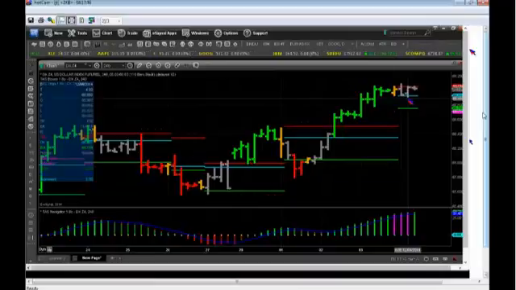So, for instance, if the profiles of the internals were showing negative breadth, then I might be interested in only buying this. If the profiles of the internals were showing positive breadth, that means the opposites are possibly going to be climbing higher. Therefore, the dollar may have to be sold. We don't have that put together yet.